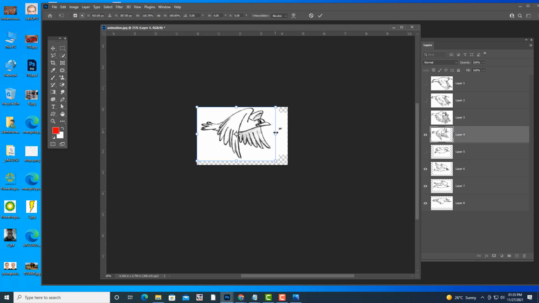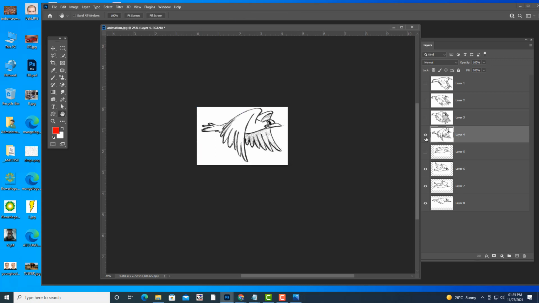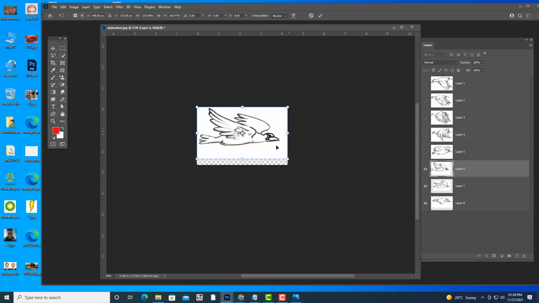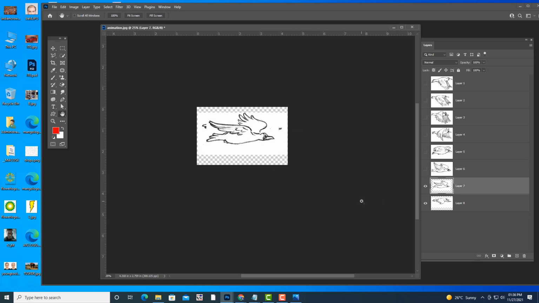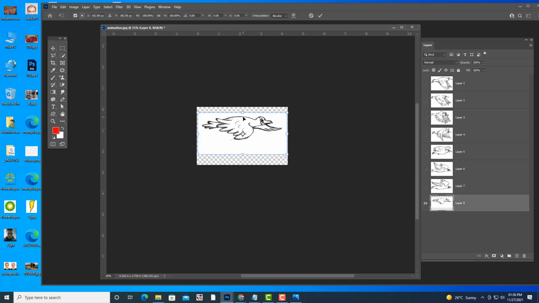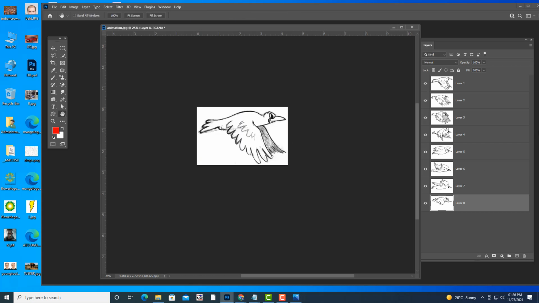Just two more images. So now we have adjusted all the images, right?